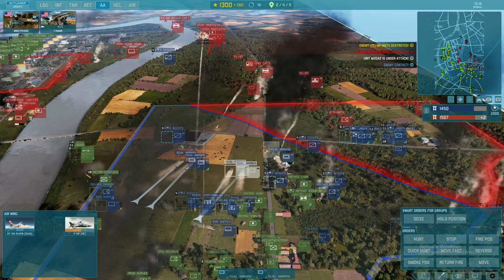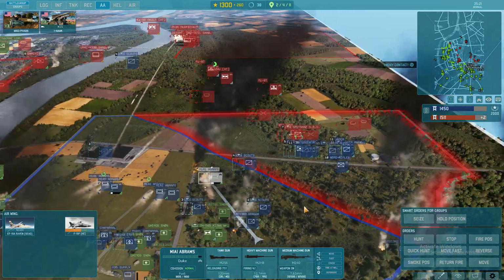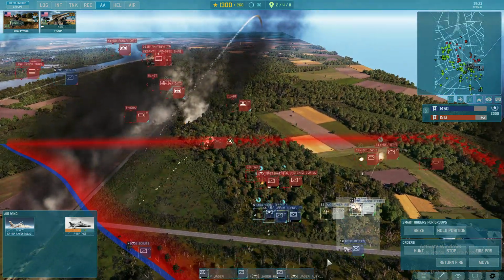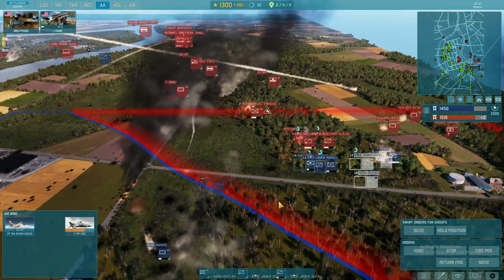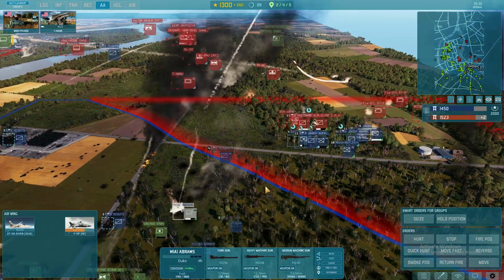Okay, well, they're thinking about us, but we're kind of getting messed up, so we're going to pull back. I don't think they expected us to come up there like this, though. This is a pretty strong push here, so...